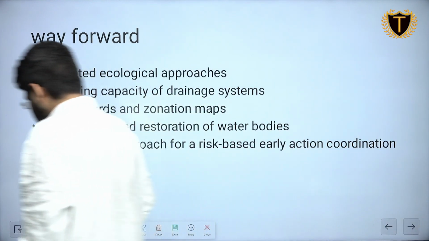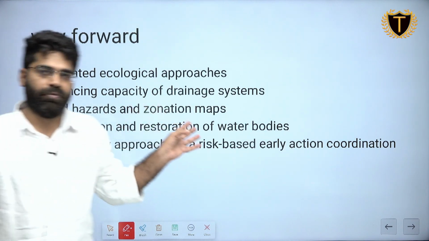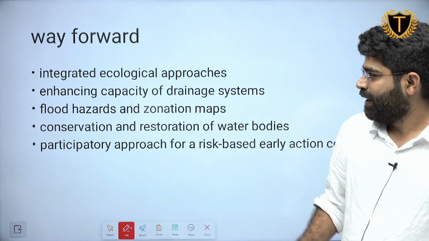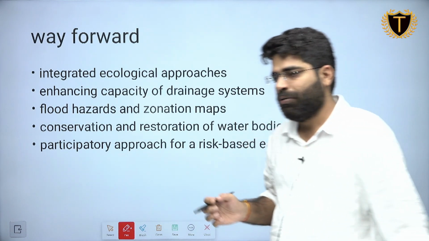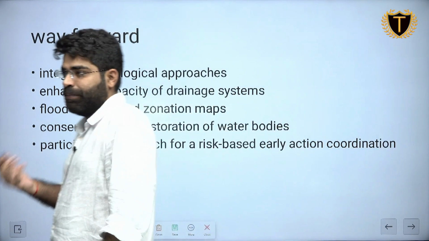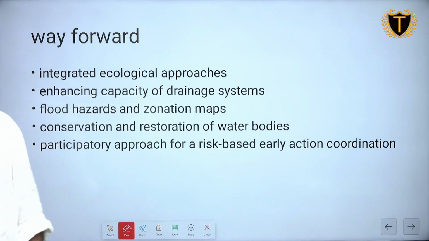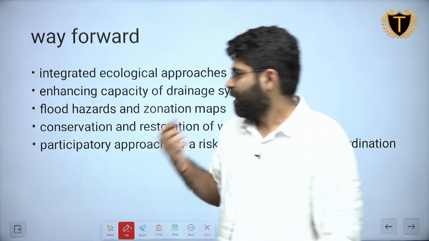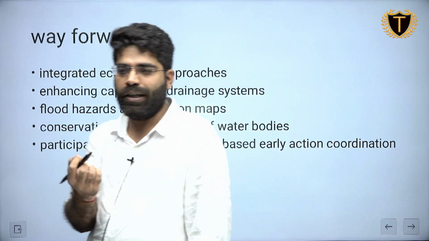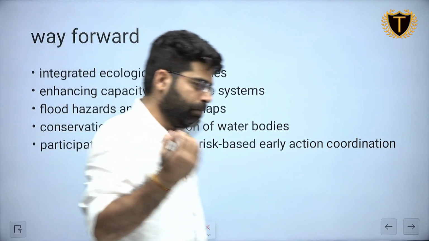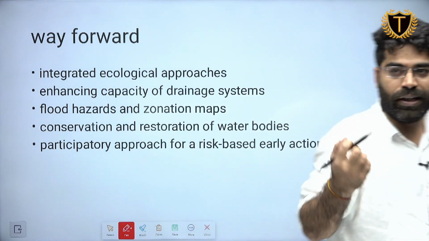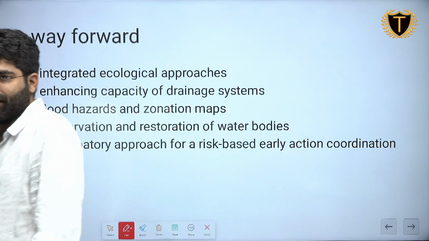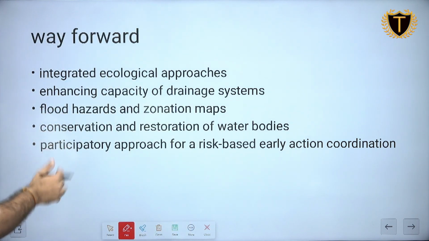Now, we have discussed the causes of urban floods. We have discussed the impact an urban flood can create. Now we need to see how these impacts can be reduced. See, we can never stop an urban flood from happening, but what we can do is reduce the impact of that disaster on the lives of the people. For that, we need some steps to be taken, which I am discussing with you here.